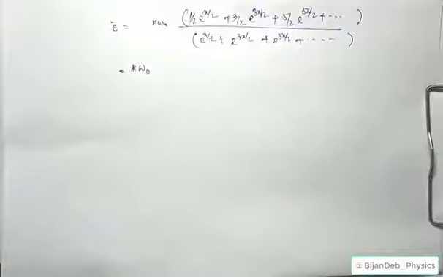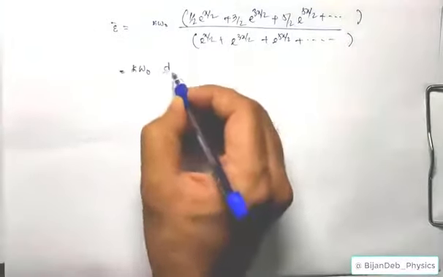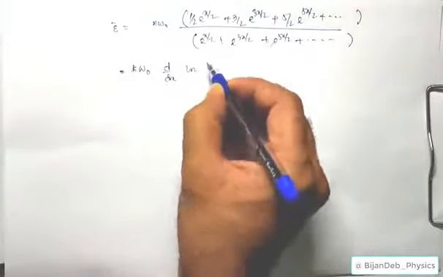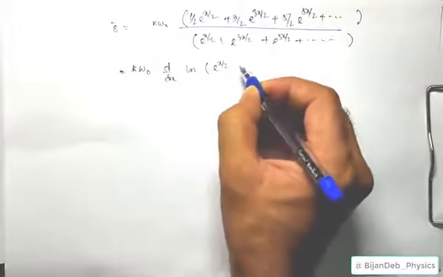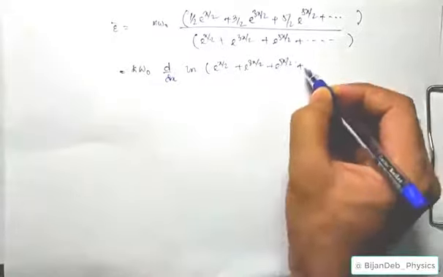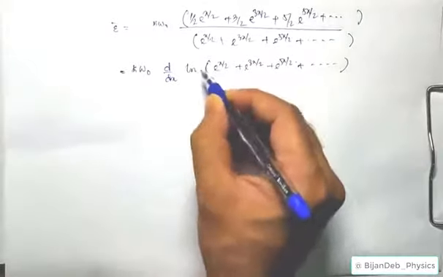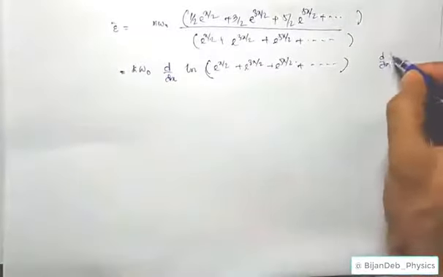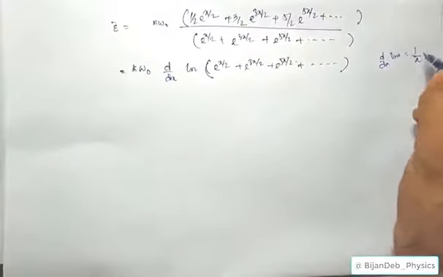So you see one interesting thing. This you can write like this: d/dx of ln of e to the power x by 2 plus e to the power 3x by 2 plus e to the power 5x by 2. This we can simplify. So ln x, we know d/dx of ln x is 1 by x. So now